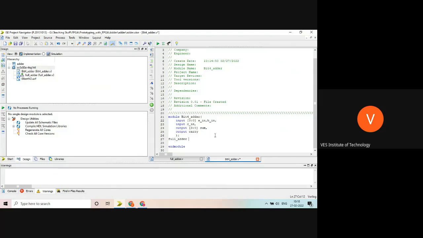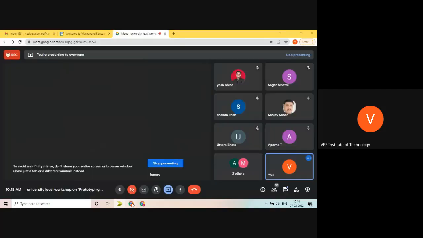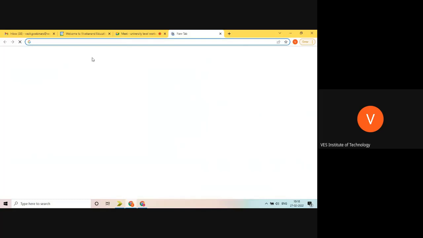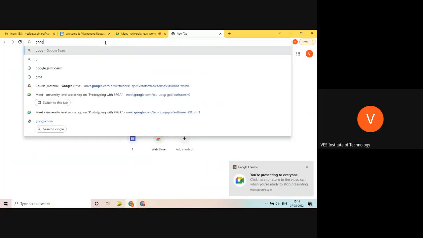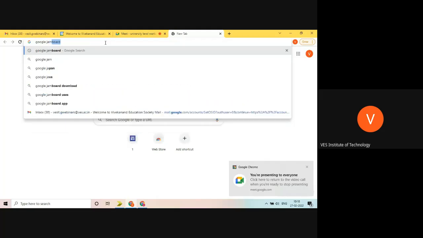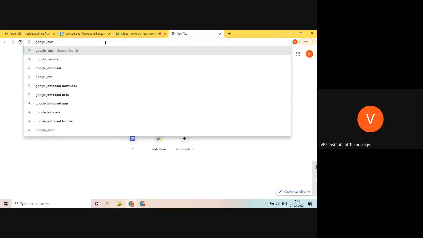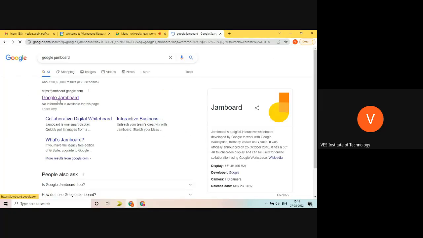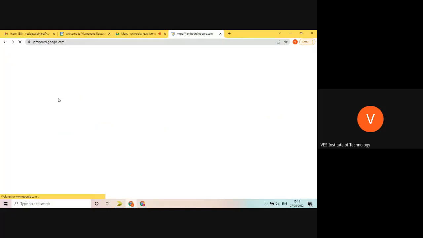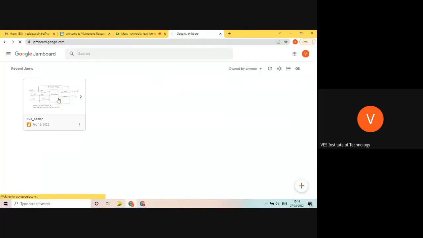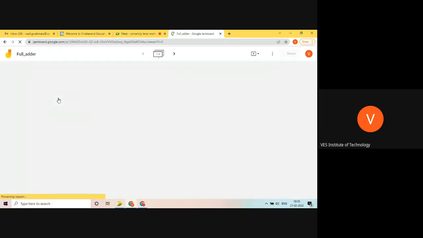Now what we have to do is design a 4-bit adder. So please look at this section. I will start the Google Jamboard so I can explain what exactly we wanted to do. Till then, you all please finish your basic code. If anybody is not done with the code, they will finish the basic code. So we have to create a 4-bit adder. Let's see what we have to do.